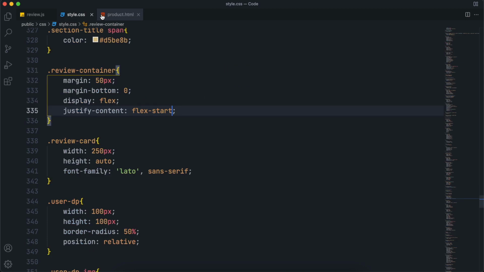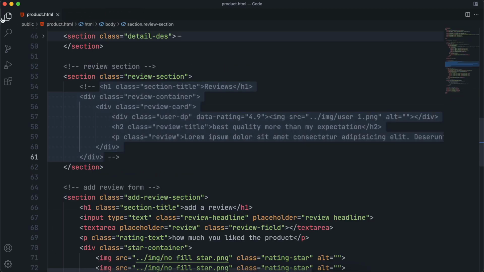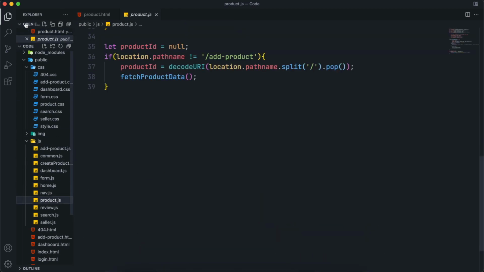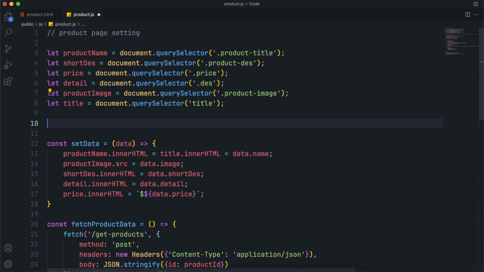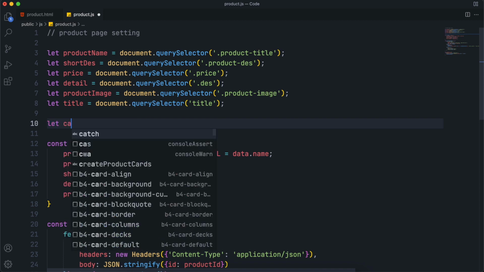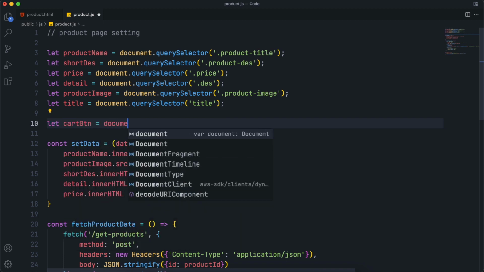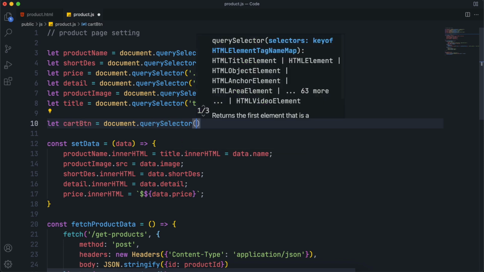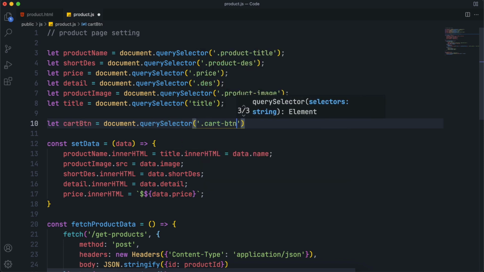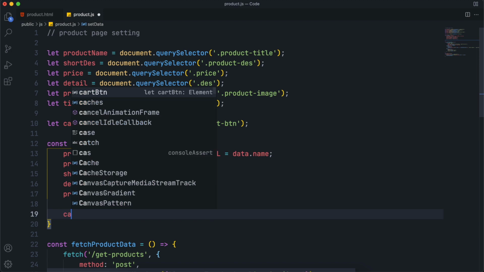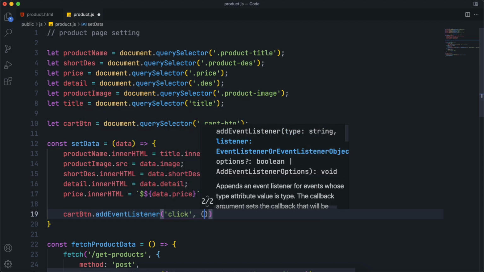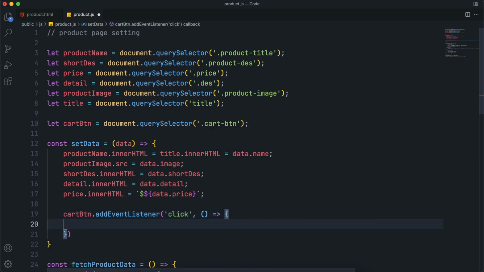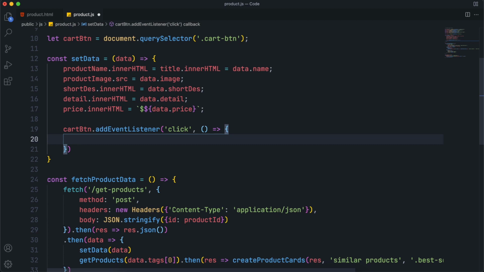For that, open the product.js file, where we will add the product to the cart. Open it, and here after the title, select the cart btn first using document.querySelector again. Once we got the cart btn, inside this set data function, add a click event to it using addEventListener, and inside this just set cartBtn.innerHTML equals to,